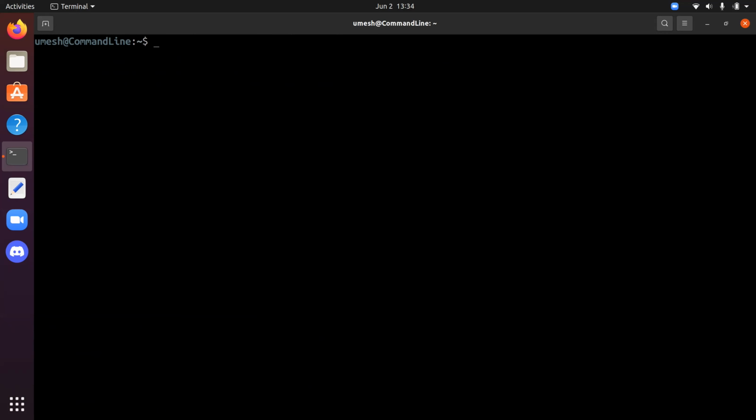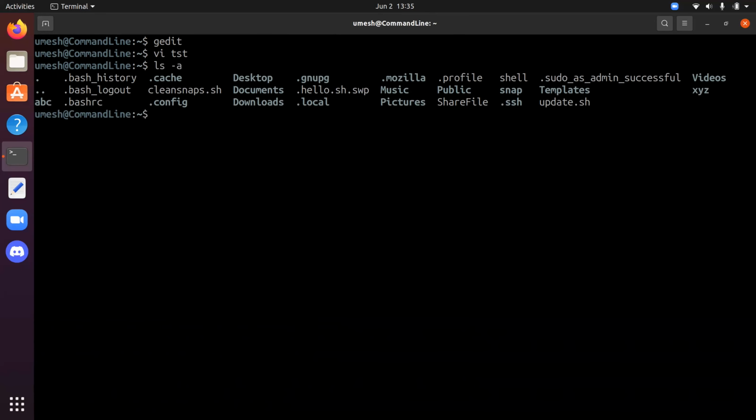To create a script, you will need a text editor, and you can use command line based text editors such as vi or nano, or if you use a desktop environment, you can use gedit, the graphical editor, and write your shell script there. I'll be using the vi editor most of the time, and there are a few configurations we can change so that vi works best for scripting. By default, when you press tab, it creates a tab of 8 space characters. And if you write something and hit enter, it starts at the beginning of the line. To avoid that, you can create a Vim runtime configuration file and change the settings. If you do not have that file, you can create one. Since I do not have one, let's create this file.